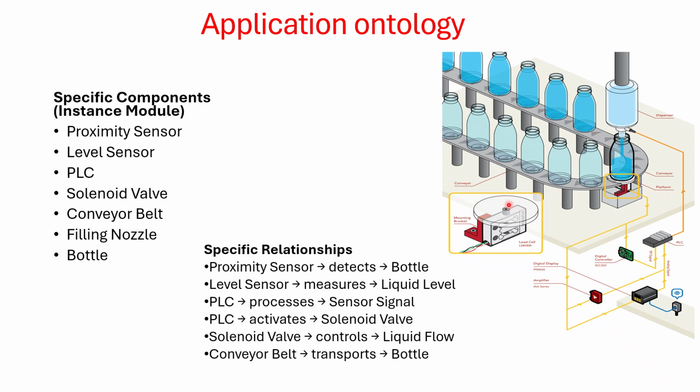First we will see the basic concept model. The basic concept model defines the main entities or components present in this system. In the bottle filling system, the basic components include a proximity sensor, level sensor, PLC, solenoid valve, conveyor belt, filling nozzle, and bottle. These components represent the core elements of the automation system. Now coming to the relationship model. In the relationship model, this model explains